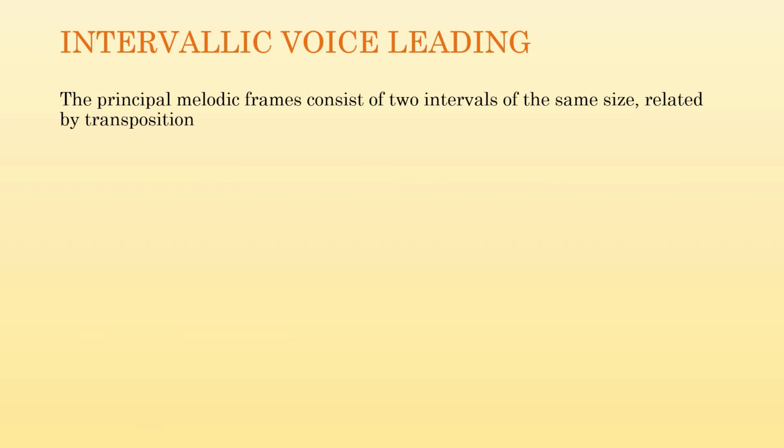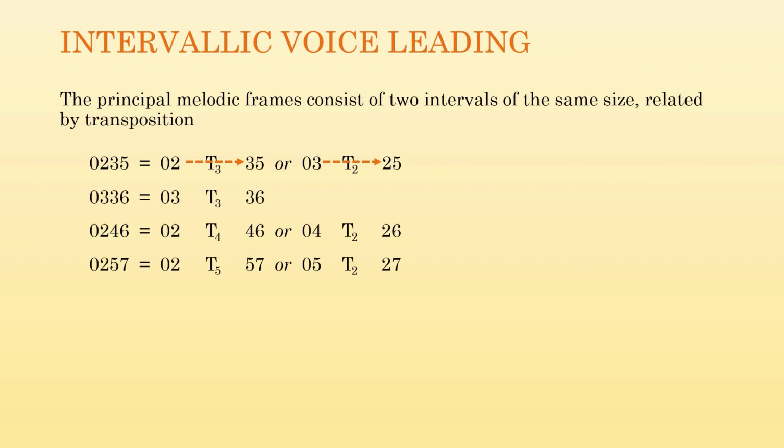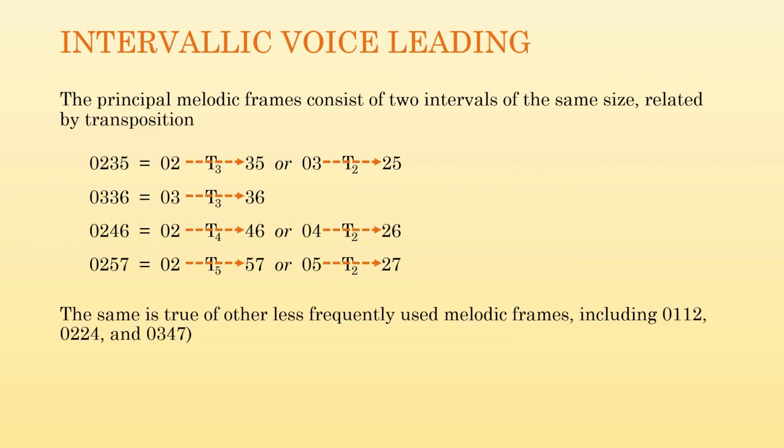The melodic frames always consist of 2 intervals of the same size related by transposition. 0235, for example, can be thought of either as 2 2s related by T3 or 2 3s related by T2. The 4 principal melodic frames we have discussed so far, 0235, 0336, 0246, and 0257, can all be divided in this way. And so can other melodic frames that play a less conspicuous role in the music, including 0112, 0224, and